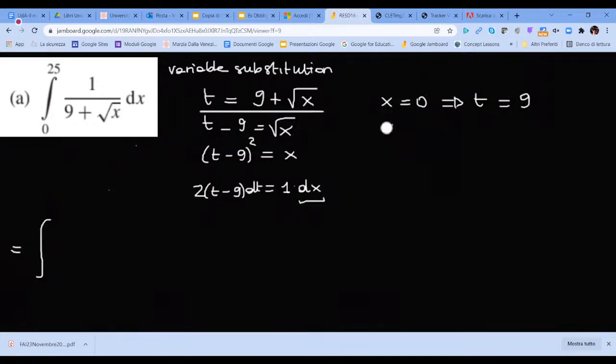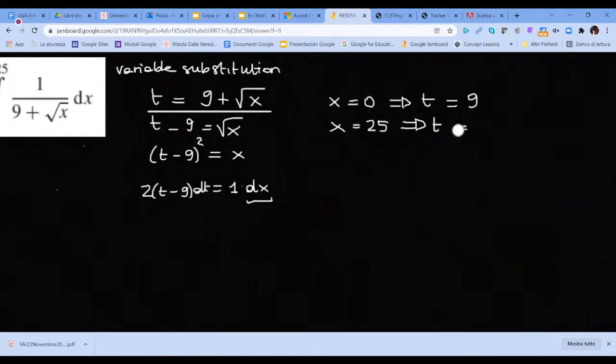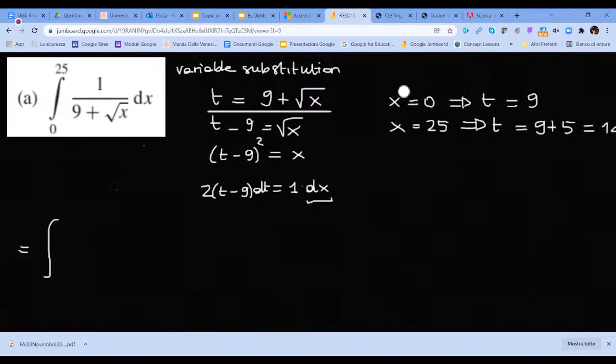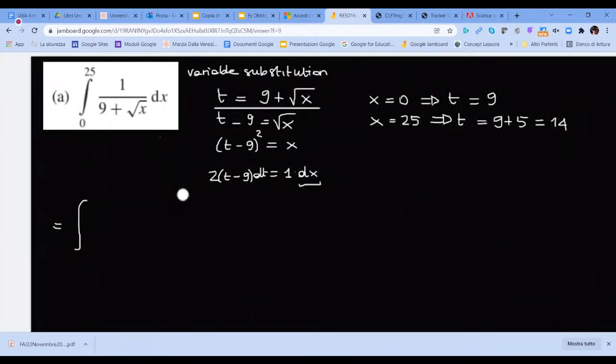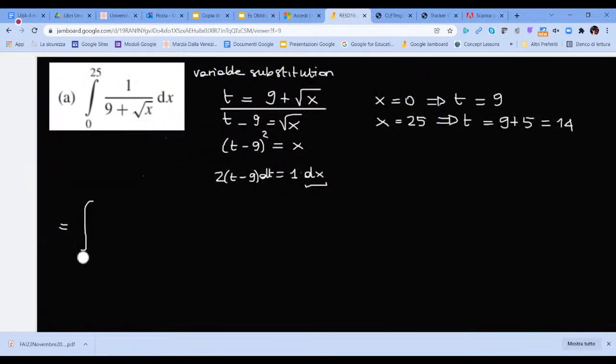When x is 25, then we have t equals 9 plus the square root of 25, that is 5, so we have 14. So we are ready to integrate this one. We have